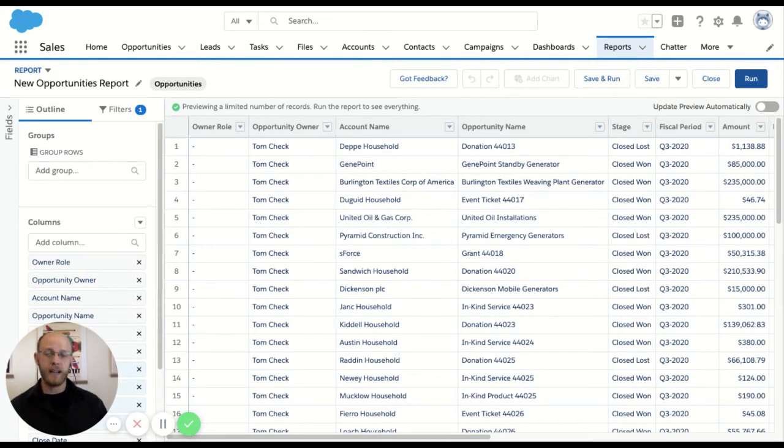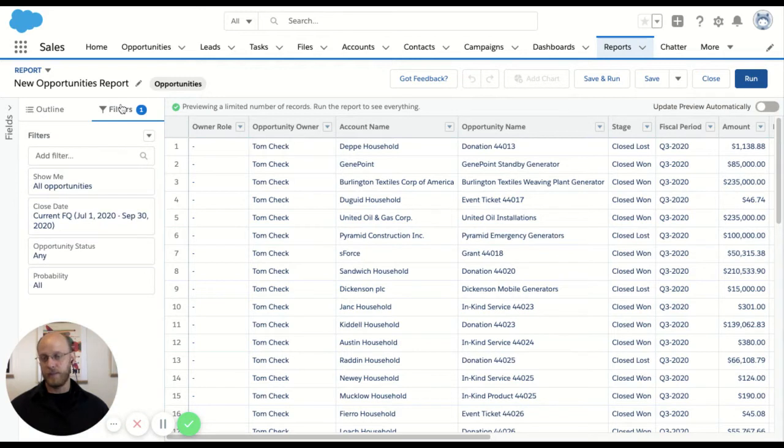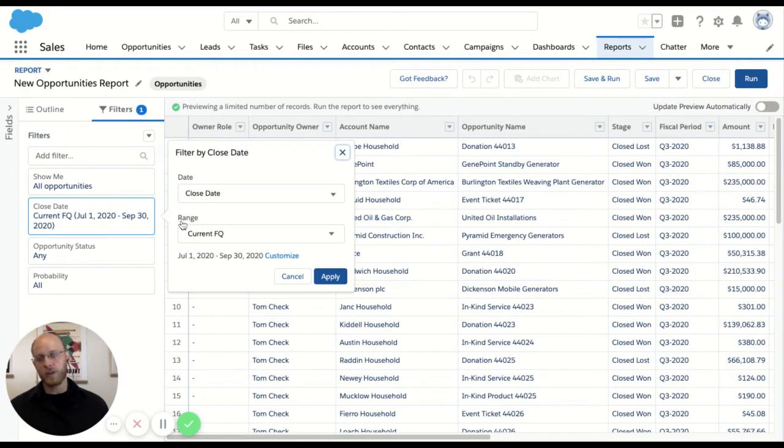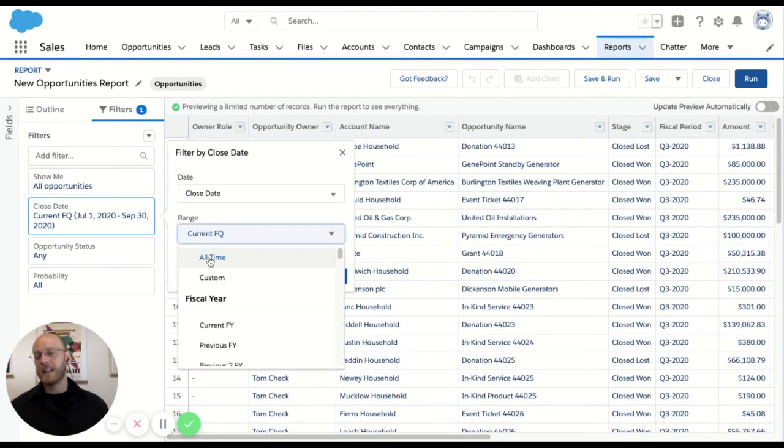And we're going to define those characteristics under this Filters tab. Filters determine which records show up in your report. So that's a really important thing to recognize. And every report has its own default filters. So you'll see that this shows me all opportunities with a close date in the current fiscal quarter and any status and any probability. We're going to change a couple of these because I don't want just current fiscal quarter close dates. I want any close date,